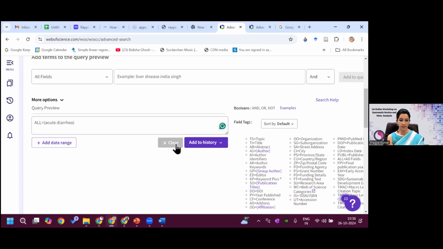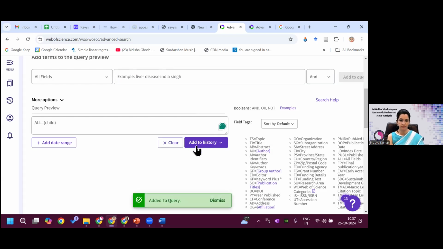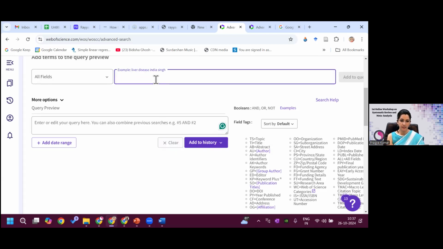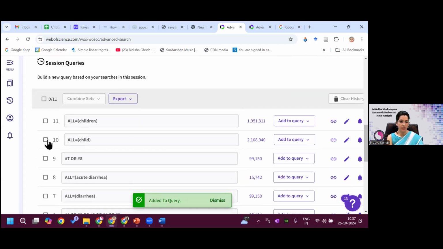I will clear this first because I want my search to be built up one by one. So I have written child, add to query, add to history. Then again, I'll clear this. I will write children. And if you do it 3-4 times, then the interface will become very easy. Again, add to query, add to history. Again, I'll go and add these two terms with OR,